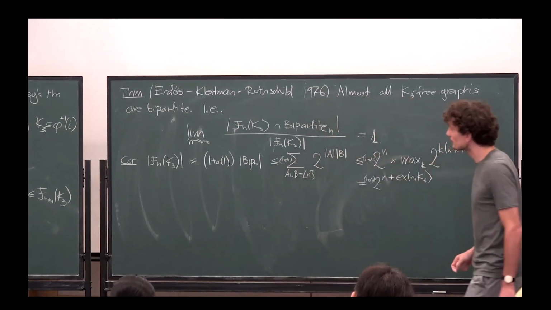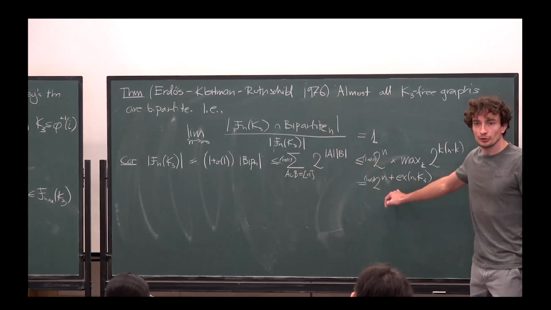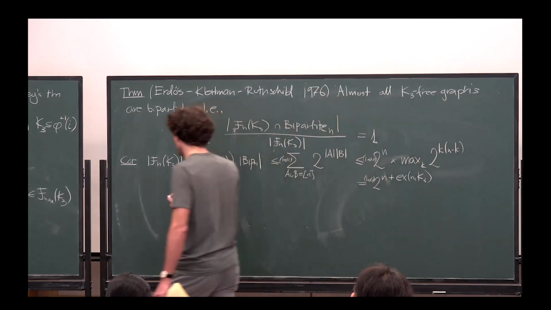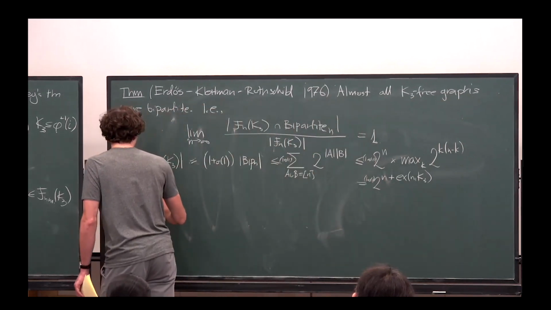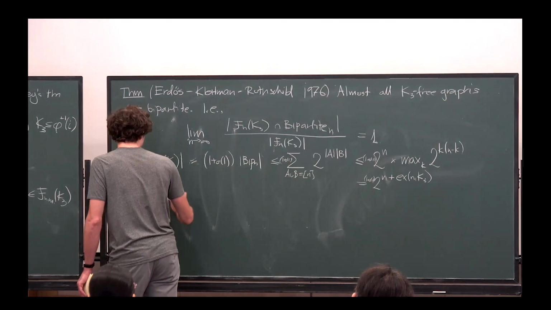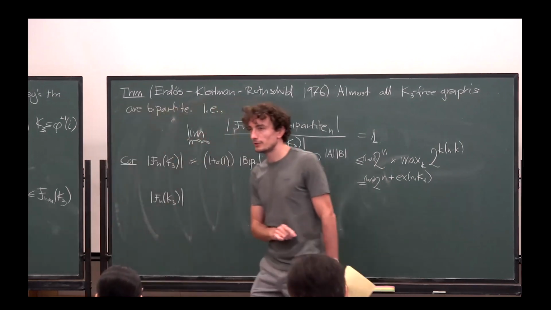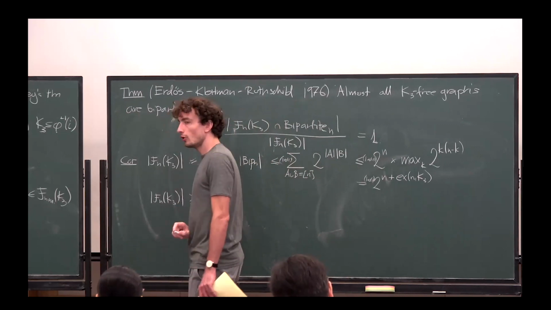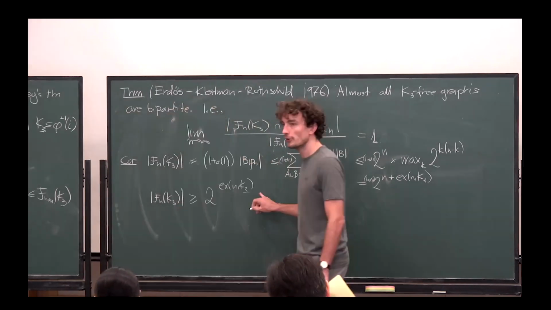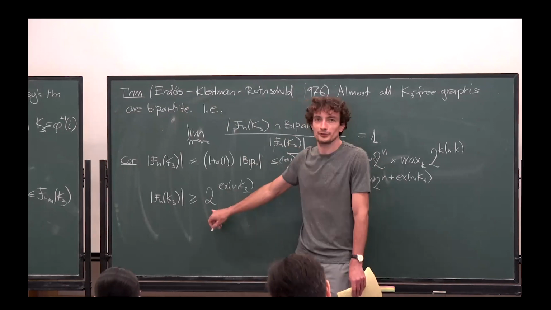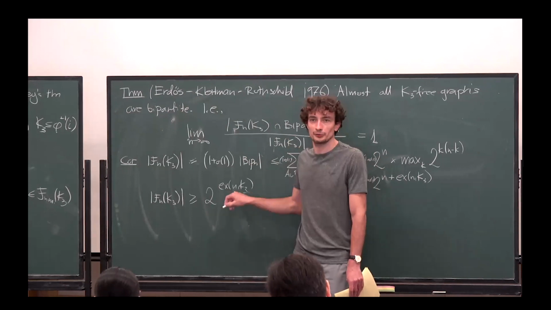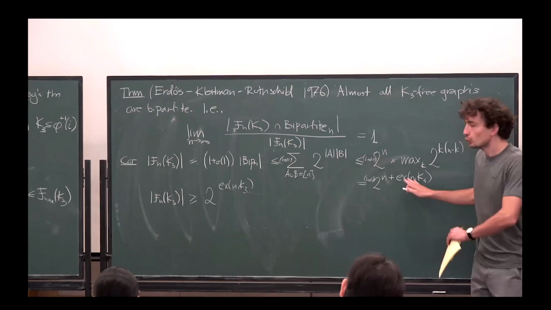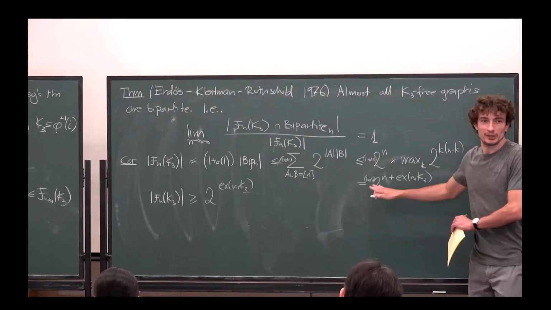Now, how good is this bound? This bound is actually not too bad because the number of triangle-free graphs will always... what we can do is take the largest one, which has this many edges, and each of its subgraphs is also triangle-free, so this gives us a lower bound. So we have an upper bound and a lower bound,